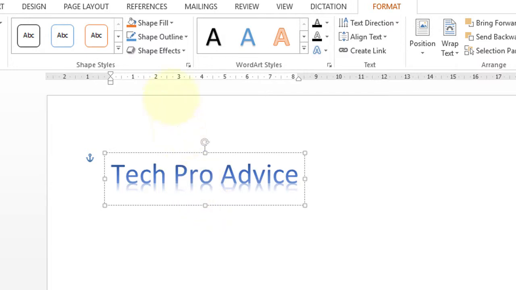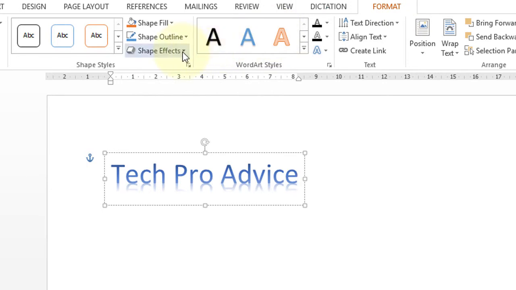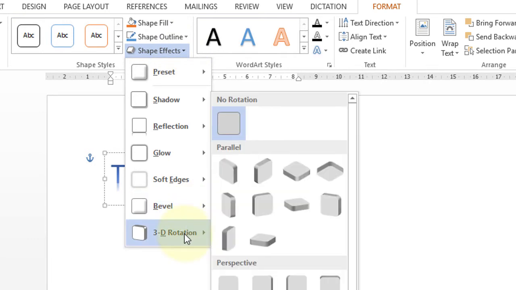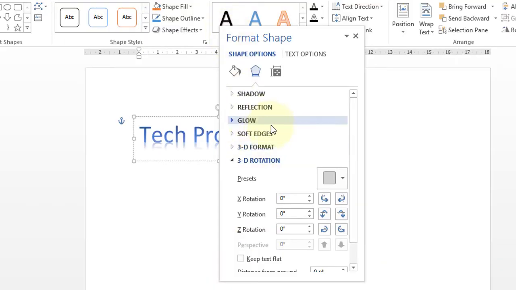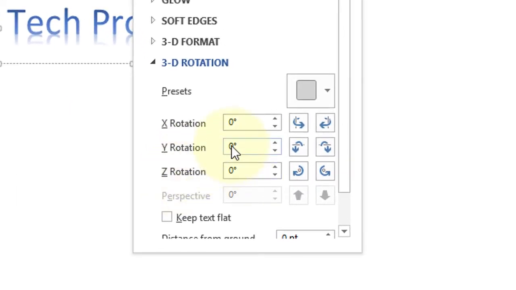Now click on Shape Effects in the Format tab and select 3D Rotation and click on 3D Rotation Options. Now you will see a dialog box, Format Shape. You change the Y rotation and Z rotation